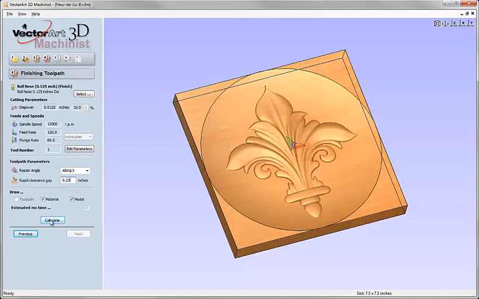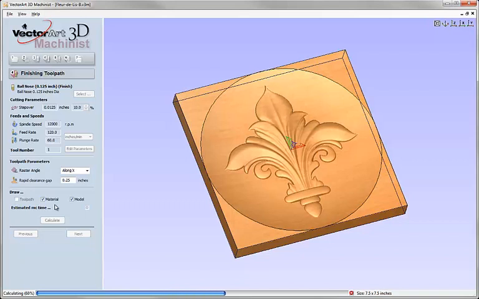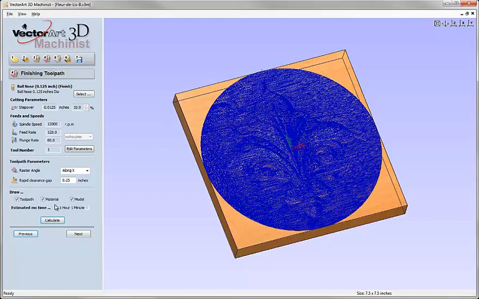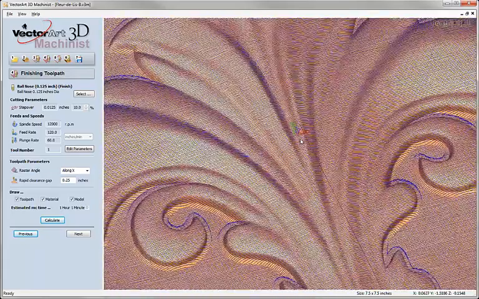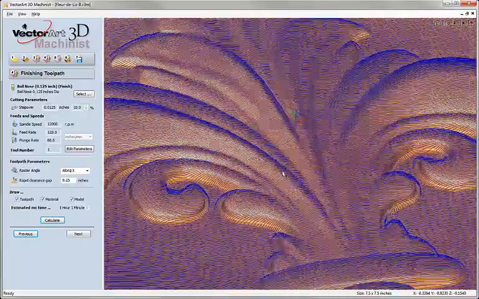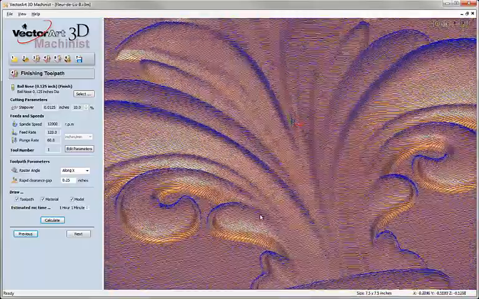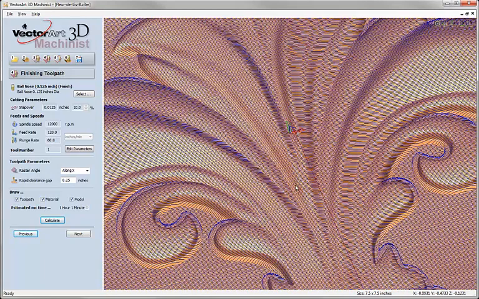Once I'm happy with these parameters, I can hit calculate, and the software will just take a few moments to go ahead and calculate our toolpath based on the tool we've selected and the parameters we've entered into the finishing toolpath form. Once it's done, you'll see the 3D view will update and it will display a whole bunch of blue lines. If I zoom in, which I'm doing by right mouse clicking and pushing the mouse away from me, you can see those lines basically follow the shape of the 3D part, and that's how we're going to generate our 3D object with the CNC, is by that round tool just going back and forward over the three-dimensional form that we